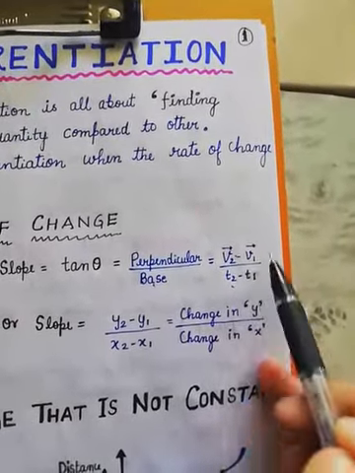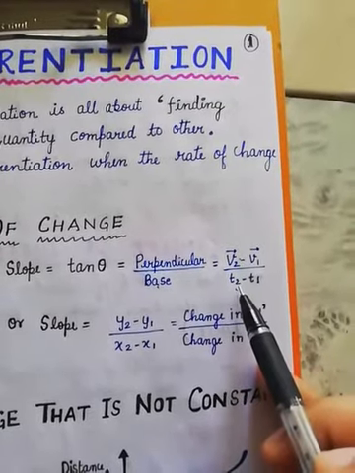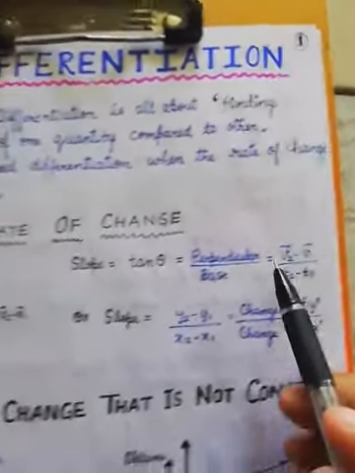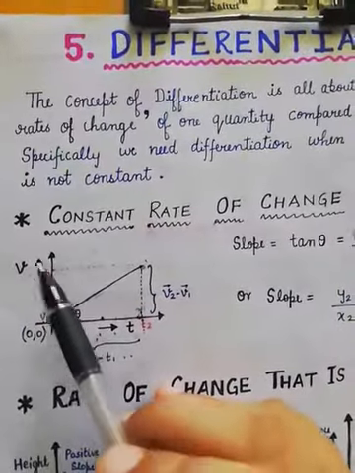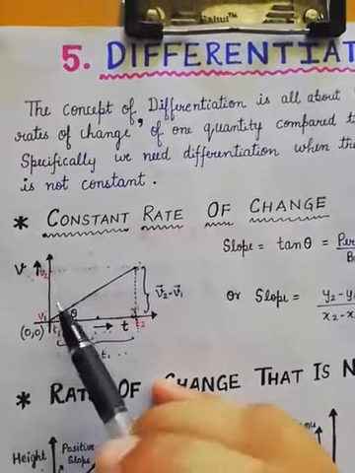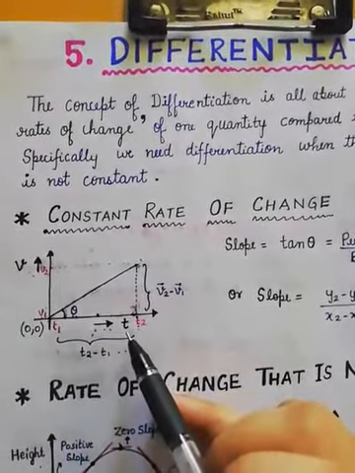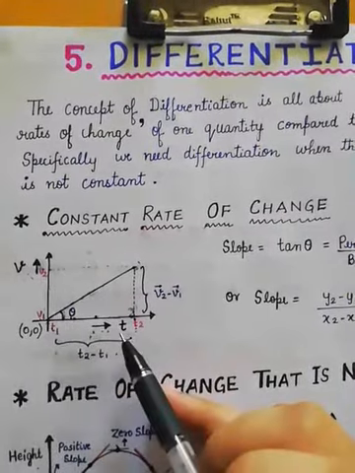And all of you have learned what you call this quantity, the ratio of change in velocity with change in time, acceleration. Hence we can say the slope of a velocity time graph gives us the value of acceleration, because the slope of this graph is change in velocity with change in time, and this is nothing but acceleration.